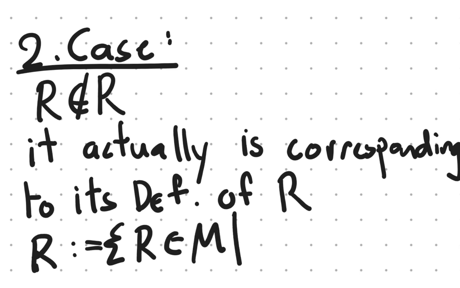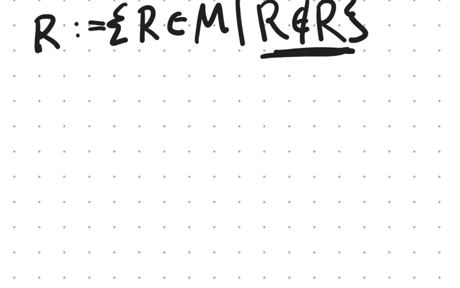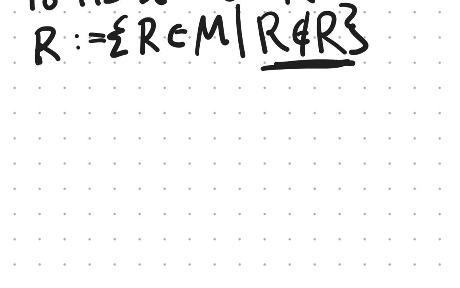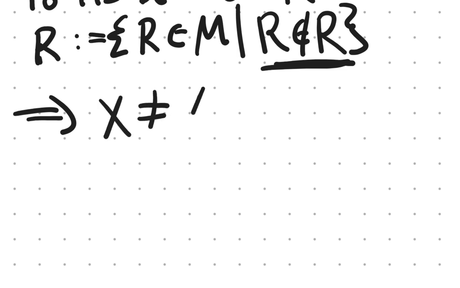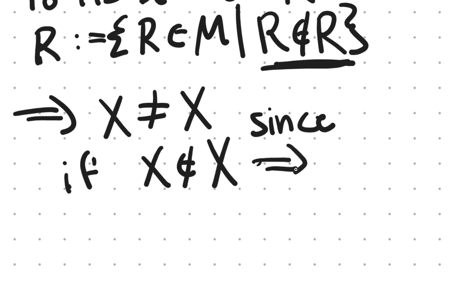So R is in M, that doesn't contain itself. So since it listens to the definition, it also implies that any set X is not the own set, since if X is not in X,